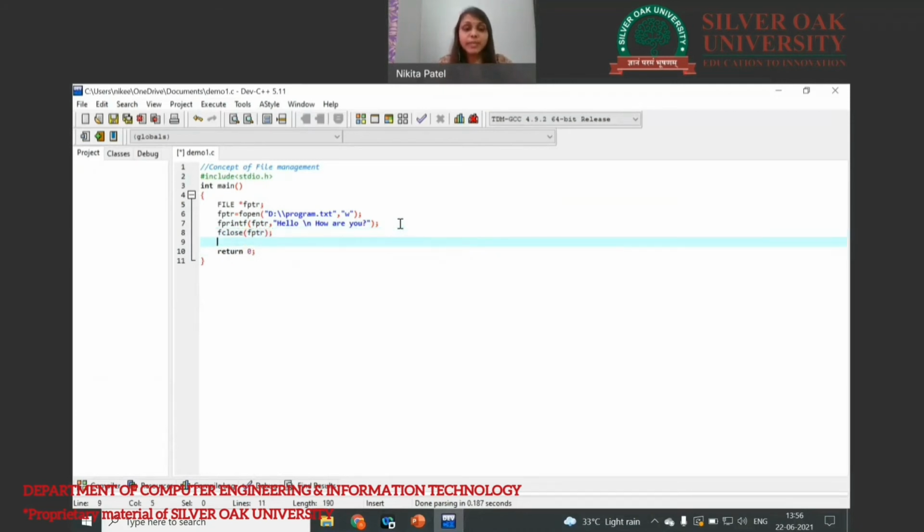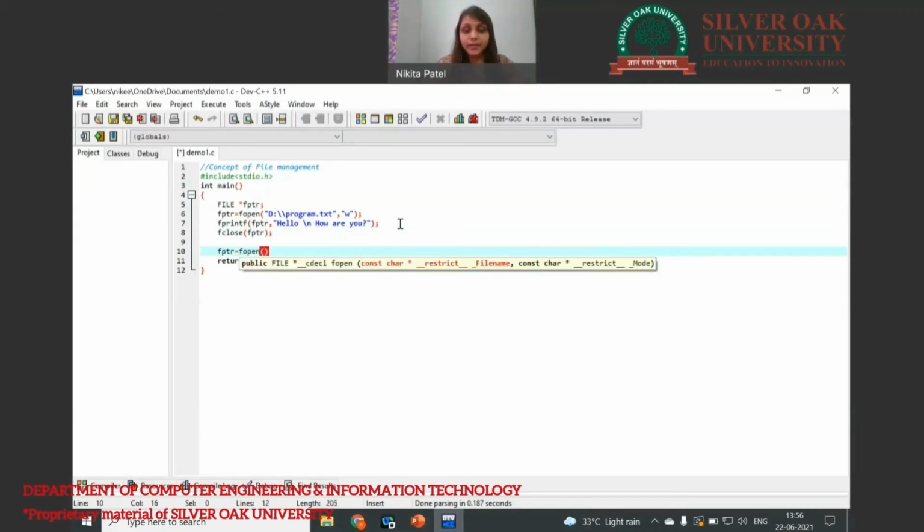If you want to display that same message to the terminal, in that case you will again require to open this file. So write fptr is equal to fopen, the same file, but in read mode.